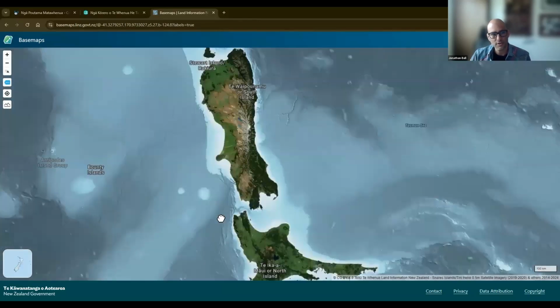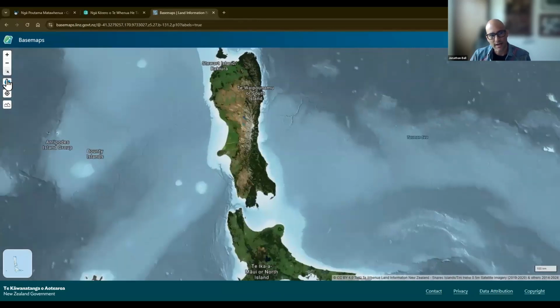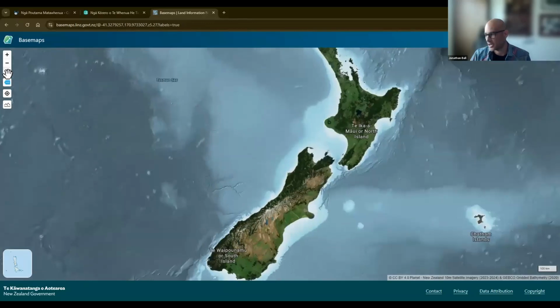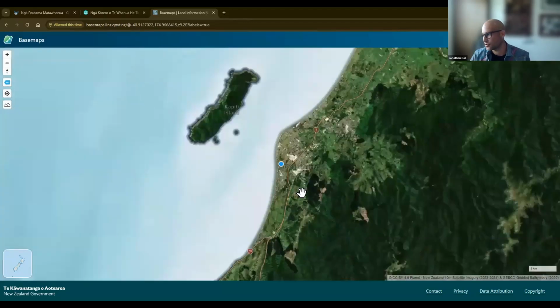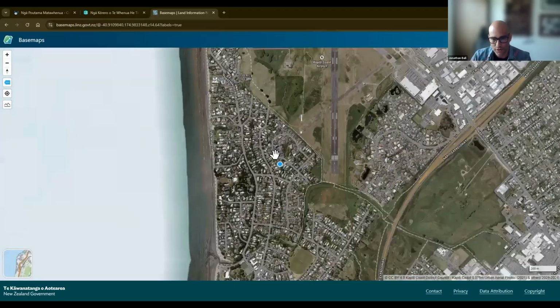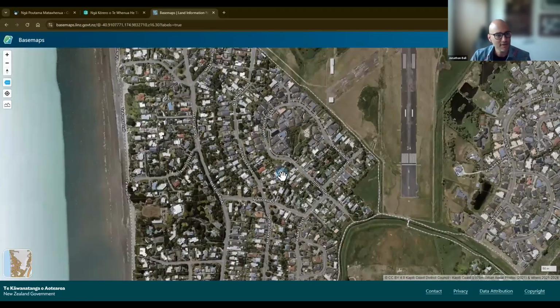If you get lost, this little button here, our compass, puts north back up to the top of the screen and flattens things out for you. We also have a little find my location button, which if I click, asks for permission, and it'll find you on our map. And it works. That's my house.